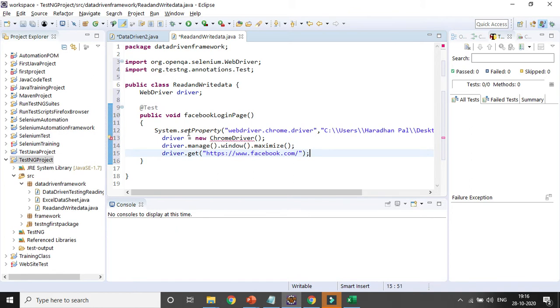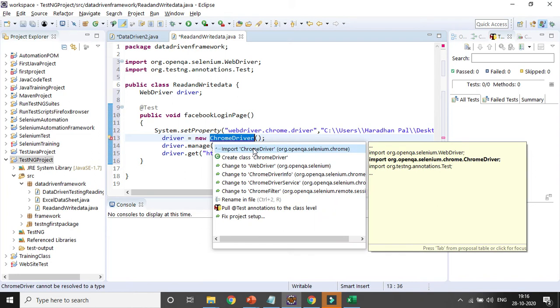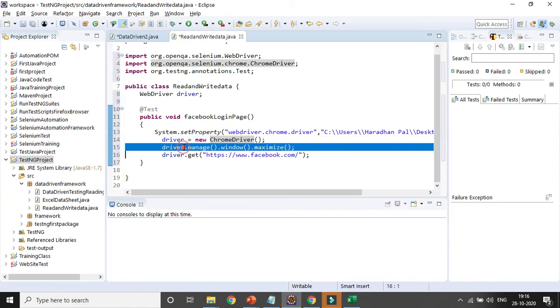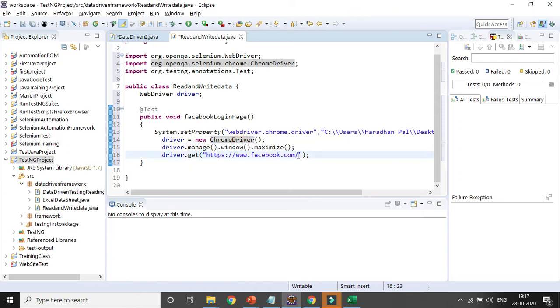First I am setting the properties for the Chrome driver. This is my path, and for the object created for the WebDriver interface I am instantiating the ChromeDriver. I need to import the ChromeDriver class from org.openqa.selenium.chrome. Then I need to maximize the window and open the Facebook page.